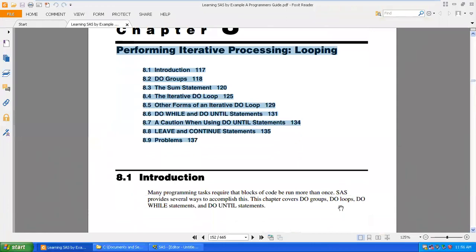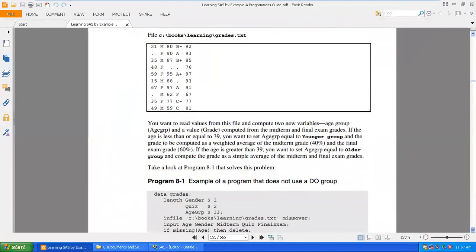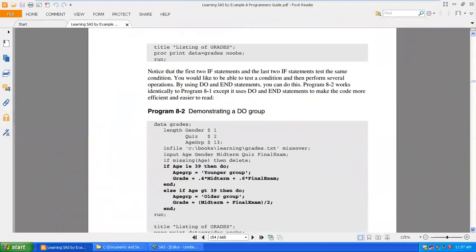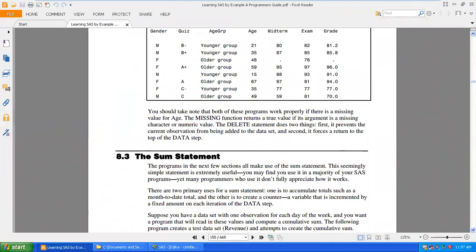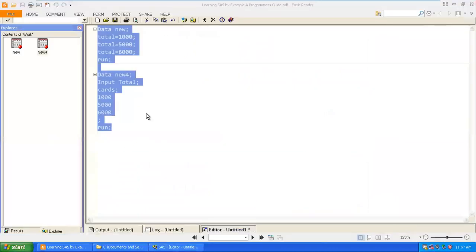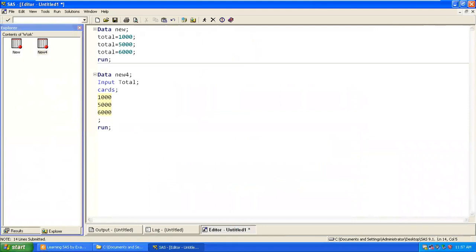Many programming languages provide a way of accumulation, the do groups. Generally, do loops provide a way to process iteratively. Let's say if I want to repeat this number 10 times, we cannot do it again and again. So we have to initialize this.